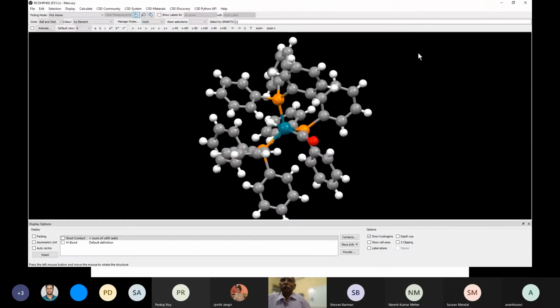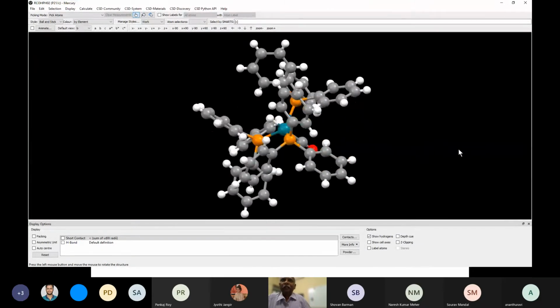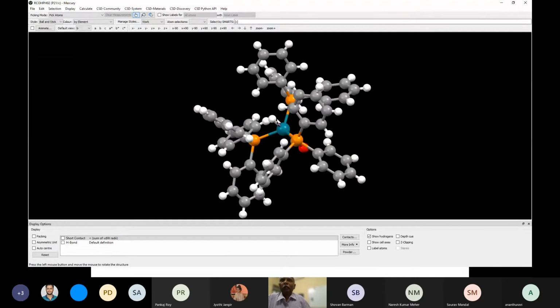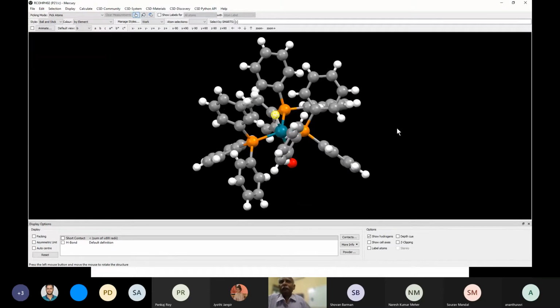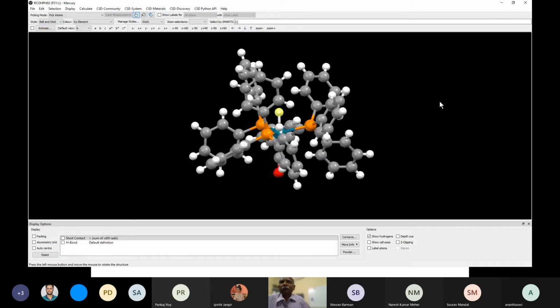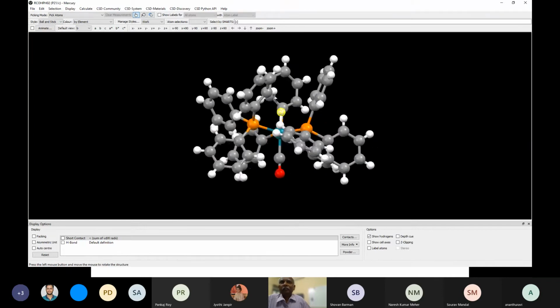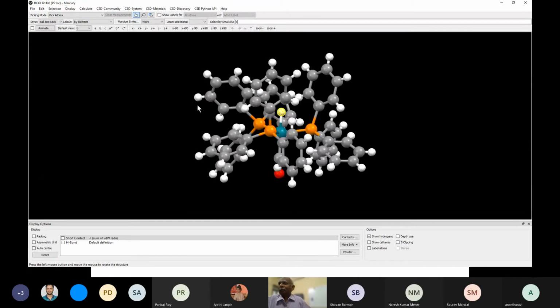This is the compound in which the hydride is occupying one position. Okay, this is the position it's occupying, the one I'm highlighting. That's the hydride. It's a rhodium hydride complex, and it has got 3 triphenyl phosphines. The triphenyl phosphines are in the equatorial plane. Carbon monoxide is in the axial plane. So this is one complex, and the other complex is